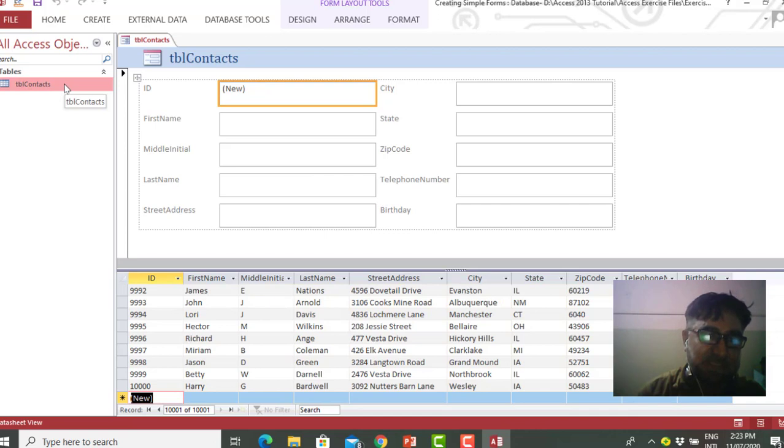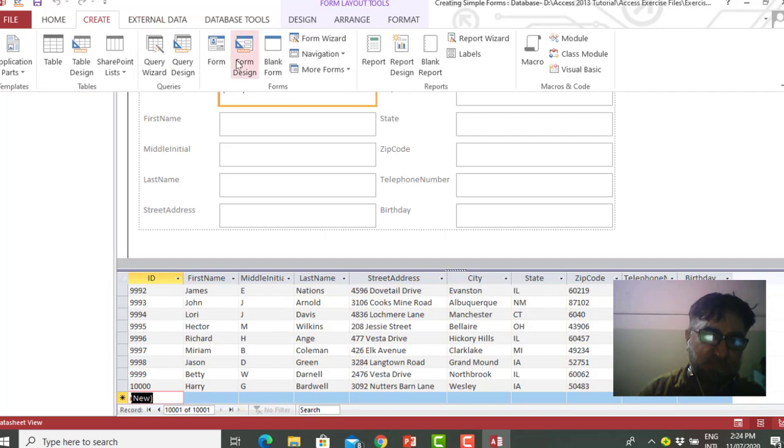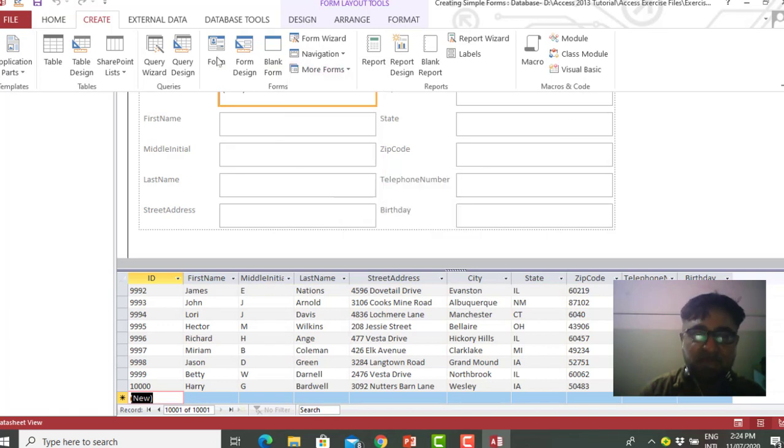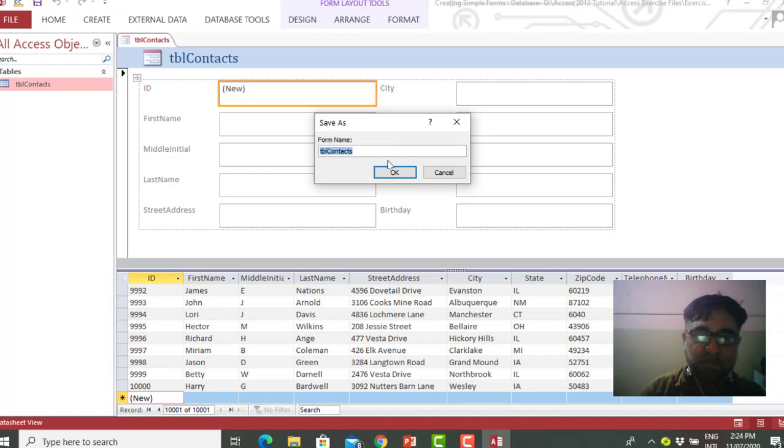As you can see, by selecting this TBL contacts, you go to the create tab, go to more forms, and click split form, and as a result you get this form. Then you save this form as FRM contacts, sorry, we don't give space in the name, split form contacts, or you can give any reasonable name.